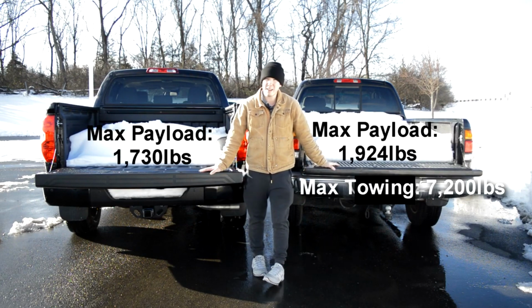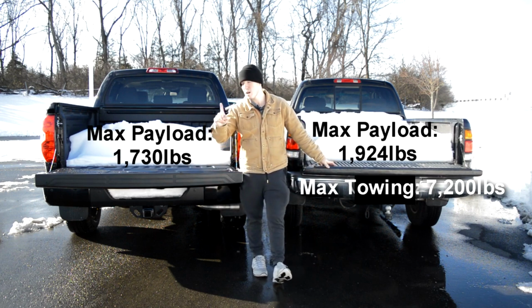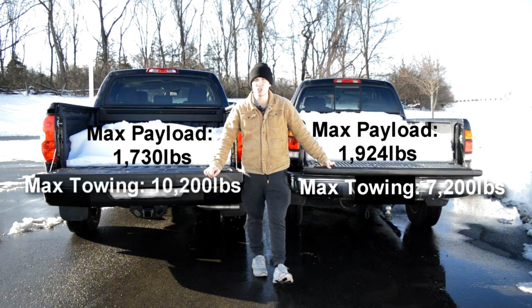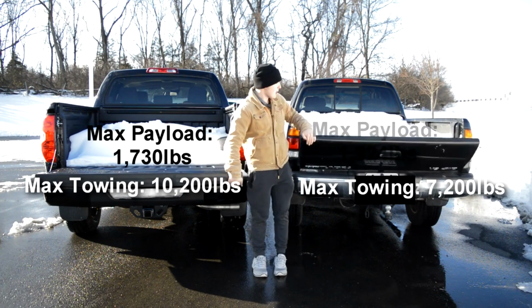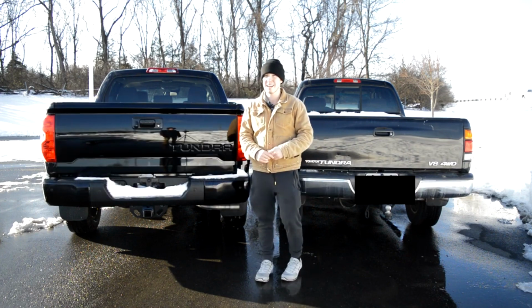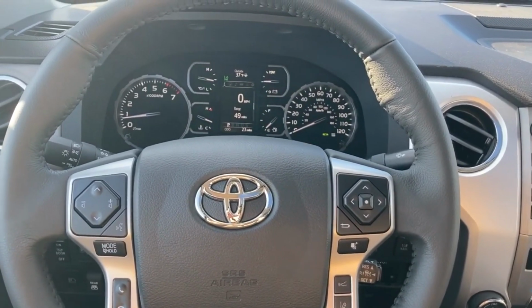So the 2000 actually beats this in payload capacity compared to the 2021, though the 2021 has a towing capacity of up to 10,200 pounds. So it beats the 2000 in the towing category. So there are trade-offs for each truck, but I'm surprised that this 2000 is able to keep up with the 2021 in any regard. Moving into the interior of both trucks, starting with the 2021 Tundra, we're going to start